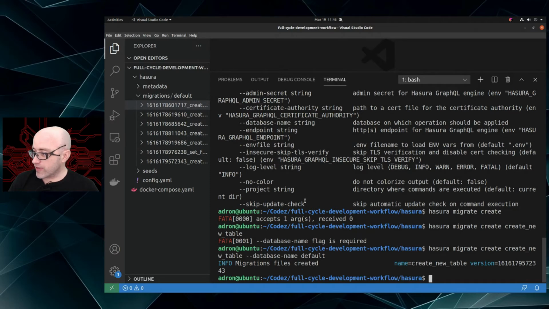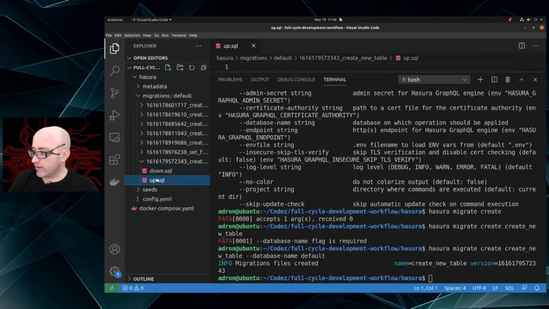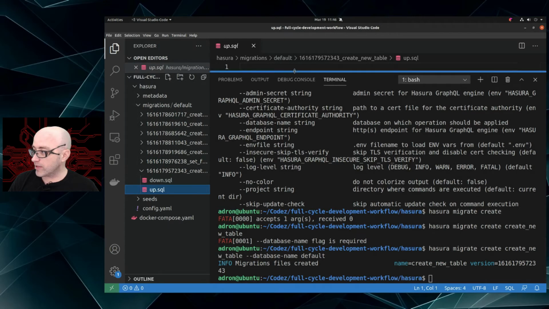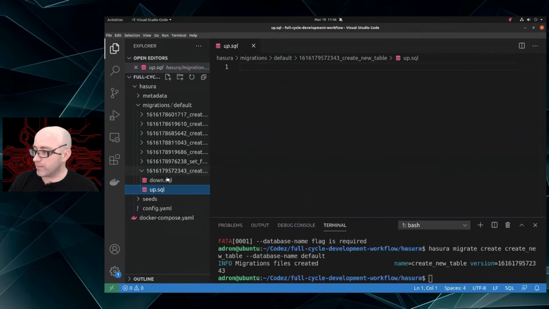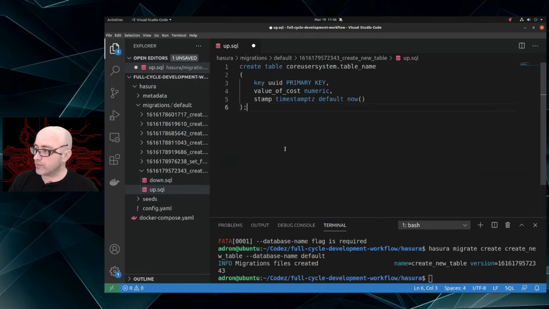All right, so it created one. So if we go over here, is this our create? I think so, because we just have a blank up and a blank down. We have that script, which we just wrote out: create table core user system dot table name. So this is the schema, this is the table name, and then we have all the rest of that stuff, okay? Now, I don't like this being called table name. So let's actually call this